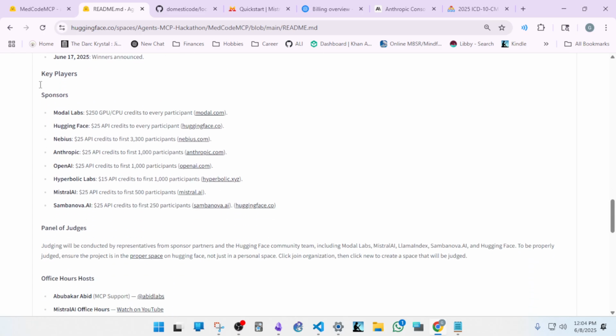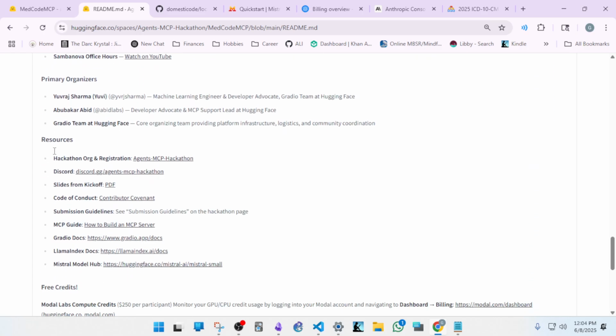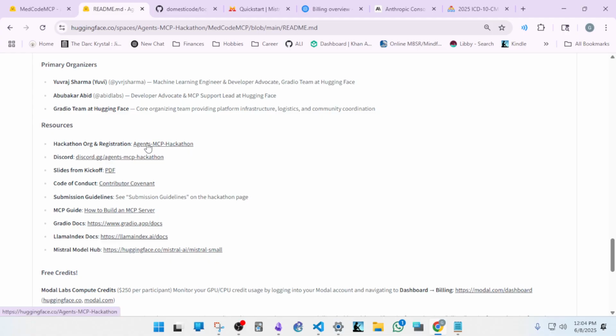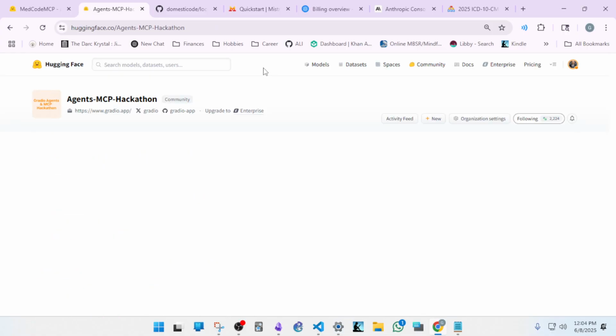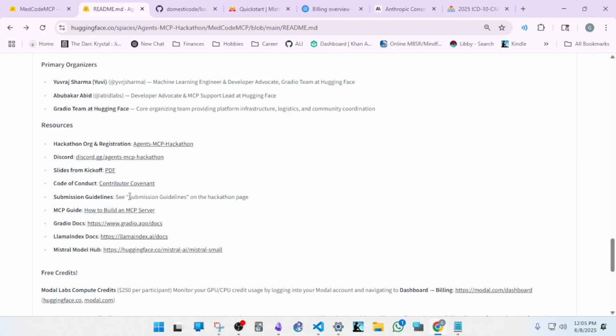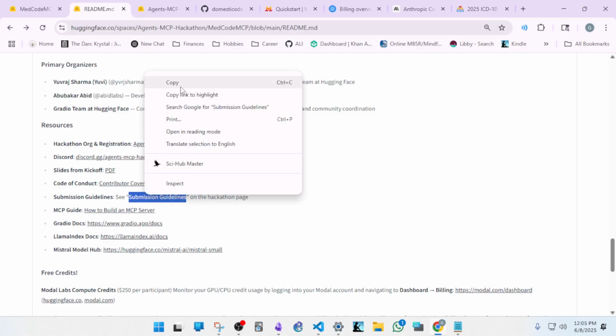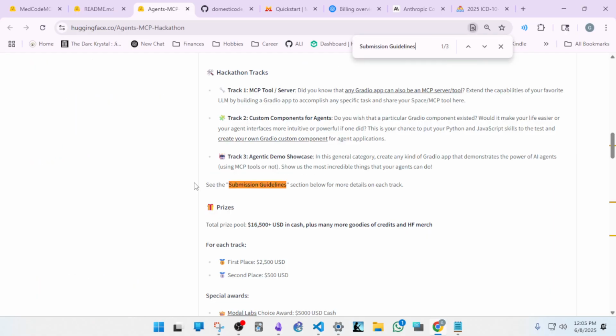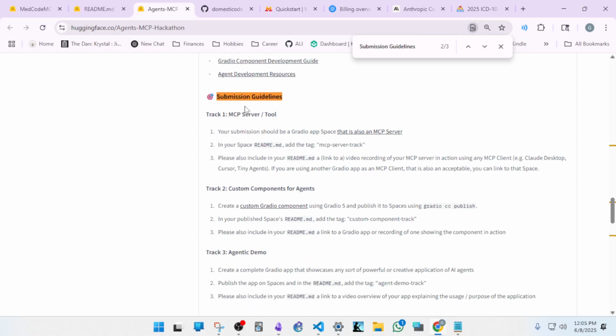Let's look at the resources, let's click here and let's see. Oh, you know what? There was submission guides. So yeah, we're going to see submission guides on the hackathon page. So there's the hackathon page. Then we'll search for submission guidelines. And we got 3 hits. So let's go right to this section. So yeah, here's the guidelines. So yeah, we pick one of these. We add a readme. We add the tag. And then